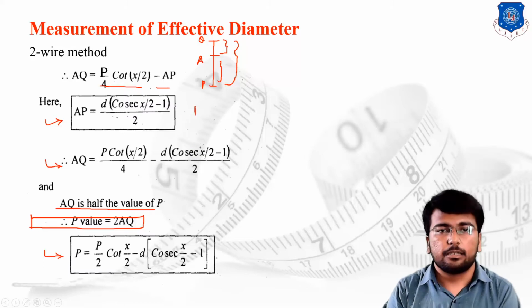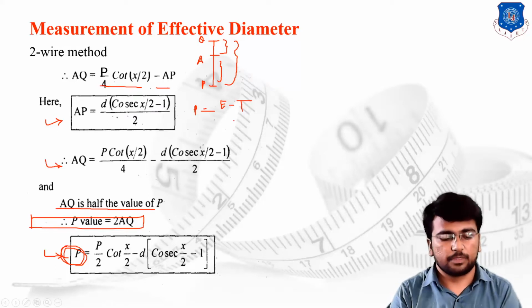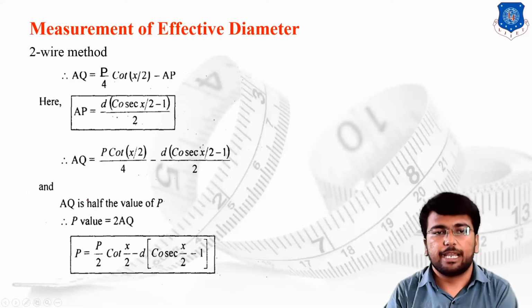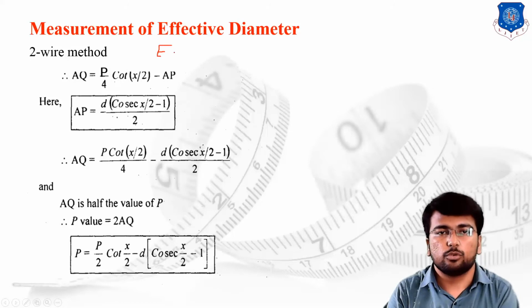We remember that this particular value of P is the difference of the dimensions of the effective diameter and the dimensions under the wire, T. This is the basic requirement of the effective diameter. What is the effective diameter? We know the value of effective diameter, E is equal to T plus P. We know the value of P, so replace the value of P in this particular equation number 1. Then we are supposed to find the value of E. To find the value of E, you have to find the value of T. The value of T can be found by M minus 2 of T. So you can find this value.